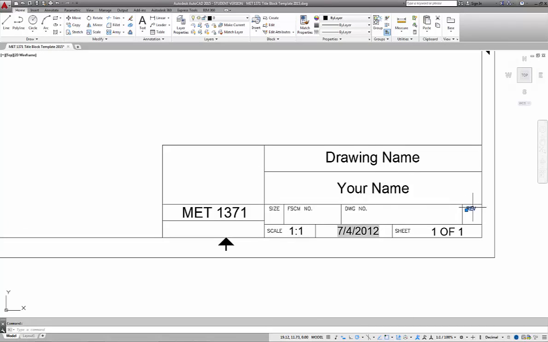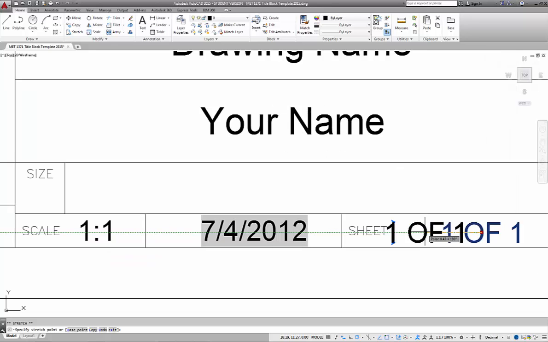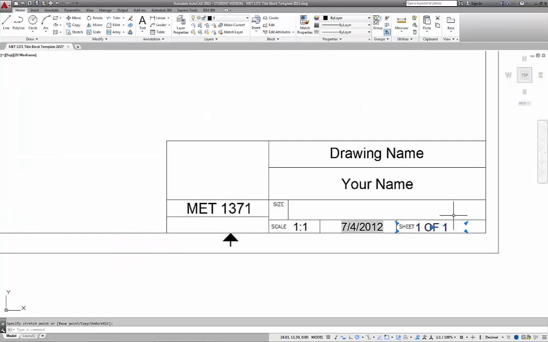So the revision specifications here, drawing number. Since we have the drawing name, I'm going to put drawing name and number, so that way we're able to control. Size, it's always good to have the size information, but I'm thinking that I might be able to squeeze the size information here with the sheet information. So it's sheet 1 of 1, and again, if you're going to be doing multiple, and then I can increase the size of this space and move this up,